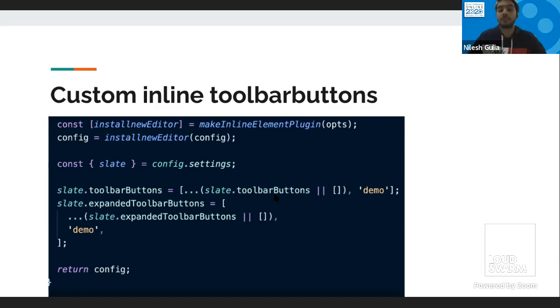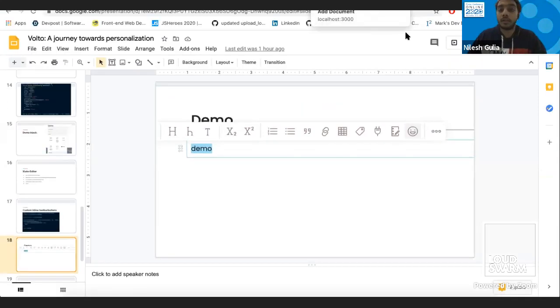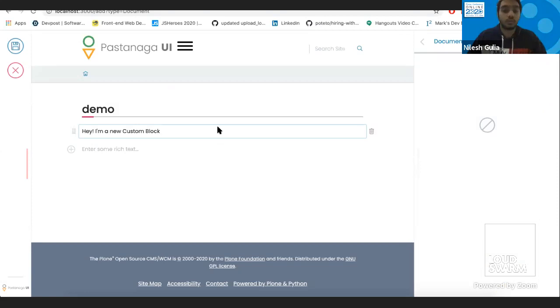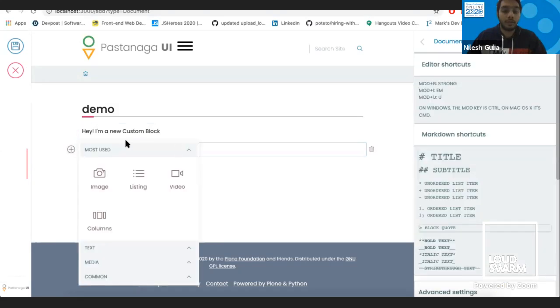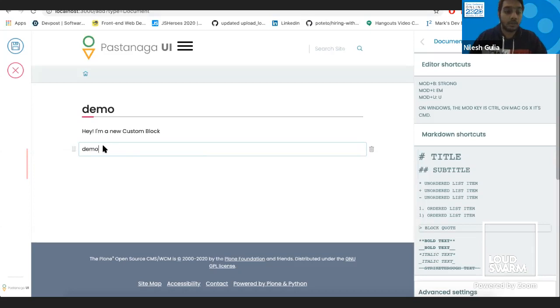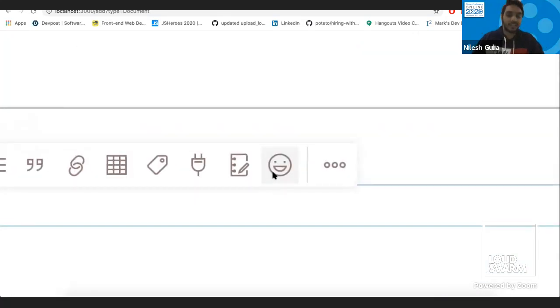So this is how these buttons will look. Let me show you one button I have created. If we type something here, we can see that I just created this button with a smiley tag. It's just a way to customize and add our own inline buttons with Slate, so we can do it in a pretty easy way. We have to write just a very small amount of code, and we can override a demo button with it. It's just awesome, actually.